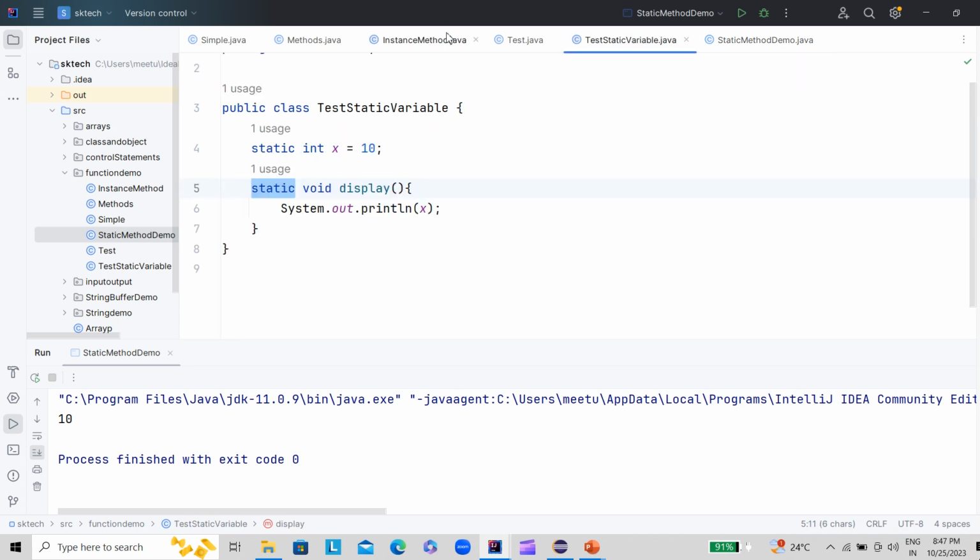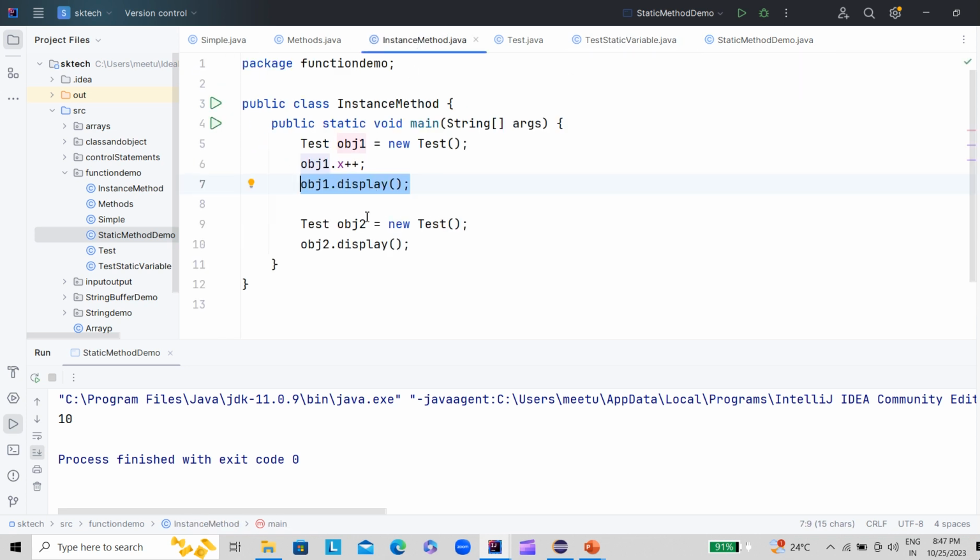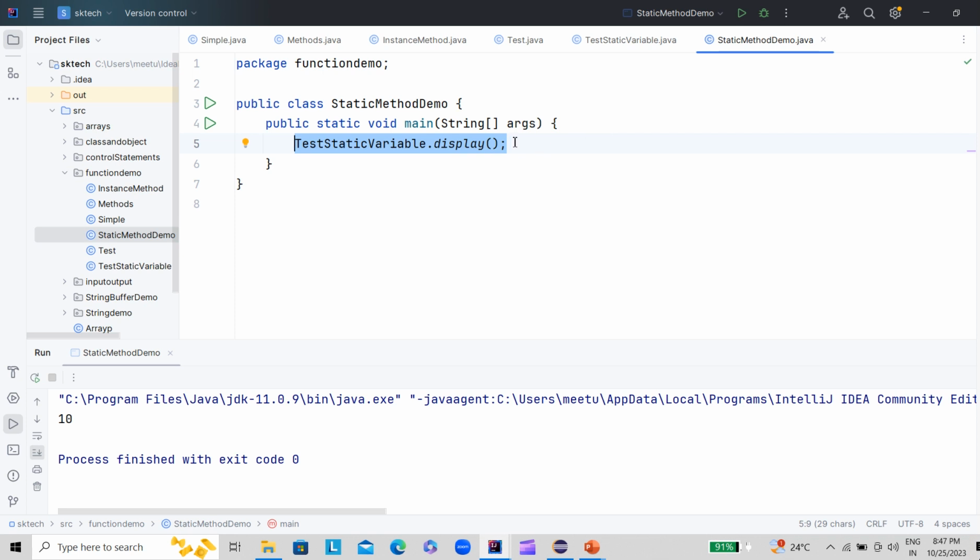As we have seen in the case of the instance variable, if we create two instances and modify with the help of one instance, it does not affect the other instance. So let's see if the same happens with our static variable. We can call the static method with the class name itself, but if we want to create an object and call the static method, that is also possible.